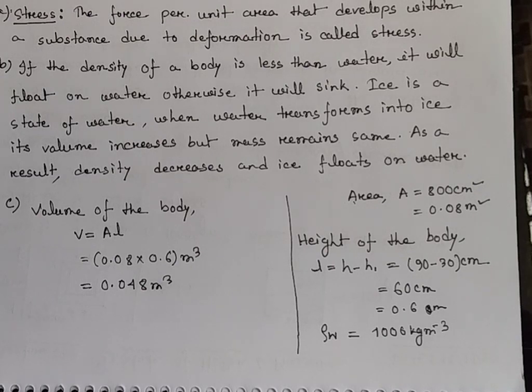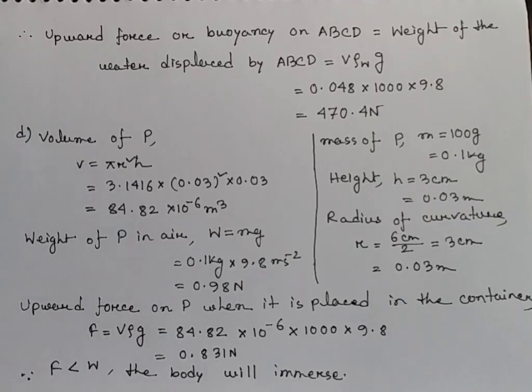So we have got the volume, and now we can just calculate the buoyancy by using a familiar equation, V rho g, where we have got the value of V just now, 0.048 meter cube. The density is 1000 kg per meter cube, and the acceleration due to gravity is 9.8. And calculating these values, we get the upward force or buoyancy on ABCD will be 470.4 Newton. So this is our question number C, and question number D was